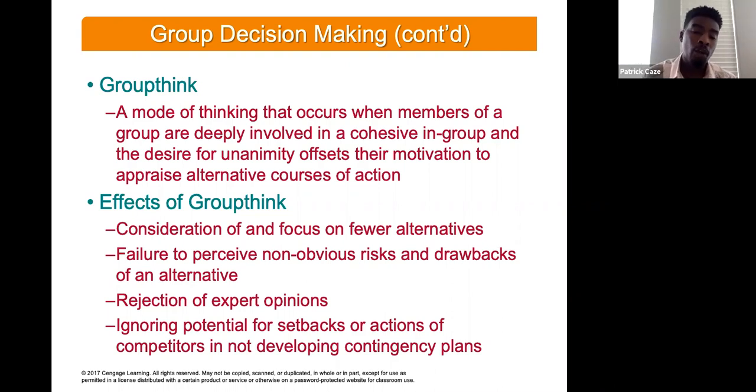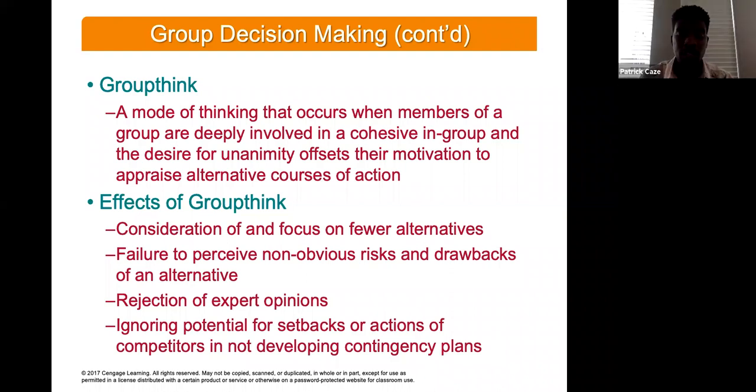Okay. Also, you can have the rejection of expert opinions. Let's take for instance COVID, and let's think about the mask and how long that took to really be put in effect. I'm sure that Dr. Fauci was an advocate for masks from the very beginning, but the president was not. Because he's the president, and no one wanted to ruffle his feathers, a lot of people probably agreed, no, we don't need masks. Although they might have been thinking, Dr. Fauci's right, we need to go ahead and employ masks, they didn't speak up. And so it just ended up that the president's